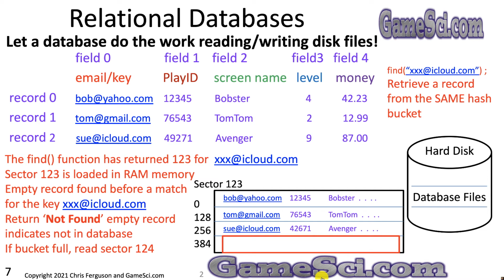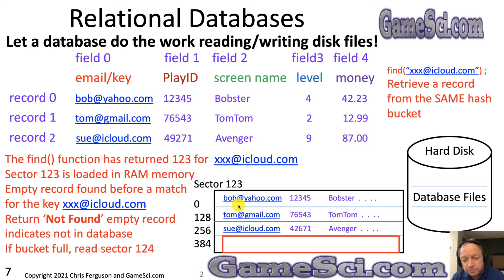Now let's do something completely different. Let's do a find of something that isn't in the database, xxx@icloud.com. We want to retrieve a record from the same bucket, but this time it's a record that is not in the database. By design, I made it that way. The find function said you should find this address in disk sector 123. So sector 123 is loaded into RAM memory, if it's not already there, and we're going to search that record for